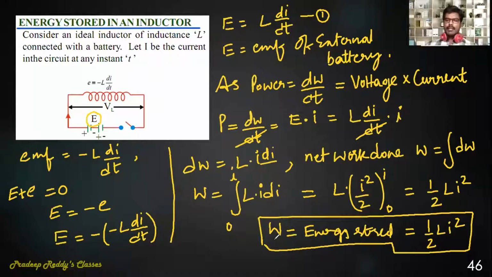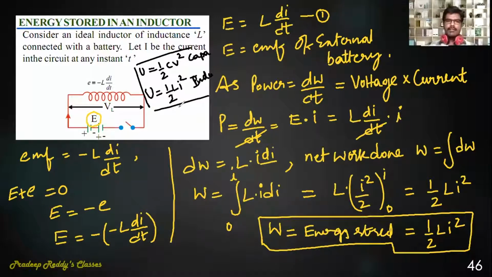It is similar to the equation which we have derived in capacitors. In capacitors, we have energy U equal to Q square by 2C or half C V square. Here we have got the equation. So in a capacitor, we have U equal to half C V square, and in an inductor, potential energy stored is equal to half L I square. That is the difference between the two equations. One is half C V square and the other is half L I square. C is capacitance and L is inductance of the inductor.